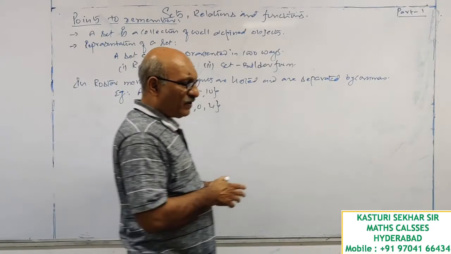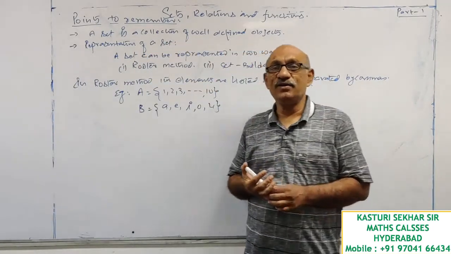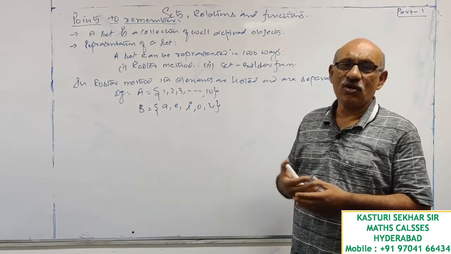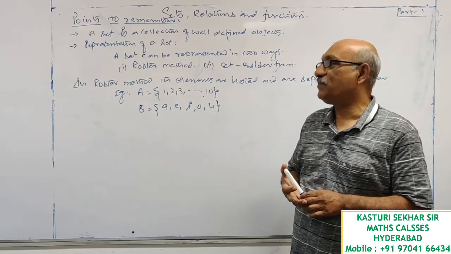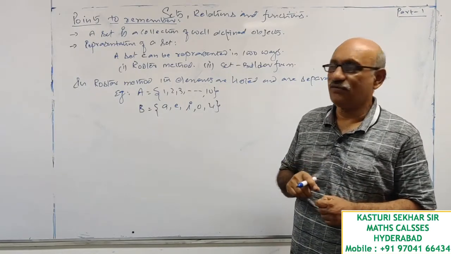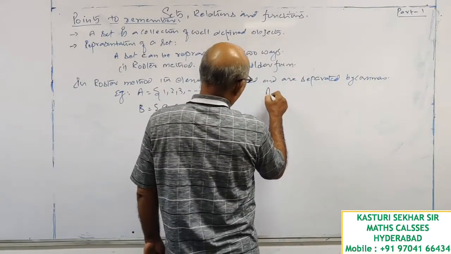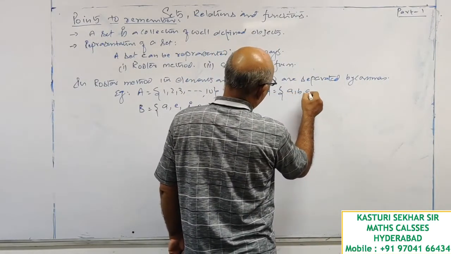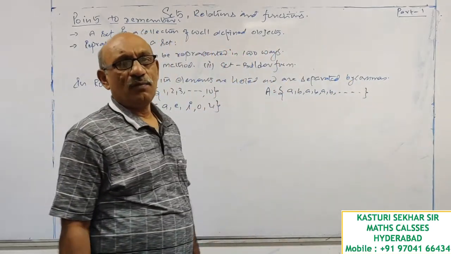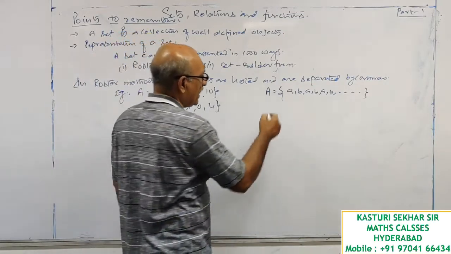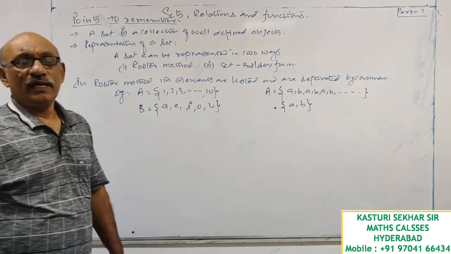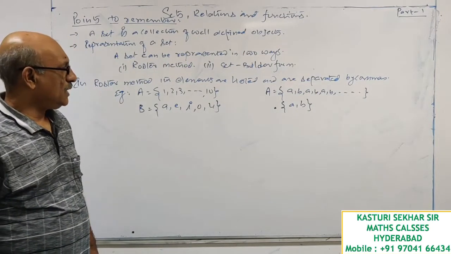Remember one point here, when you are representing the elements in a set, order is not important. Means in which order you are representing the elements will not make any difference. And second one, repetition has no significance. What does it mean actually? If I have a set A comma B, A comma B, A comma B, etc. Even if you write it up to infinity, it is treated as a set having only two elements, A comma B. Repetition has no significance.